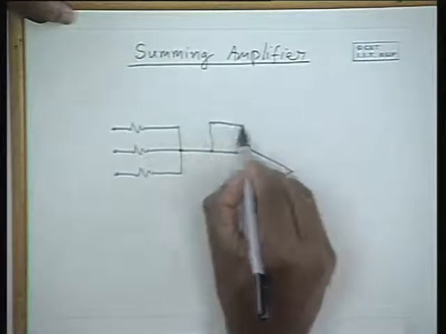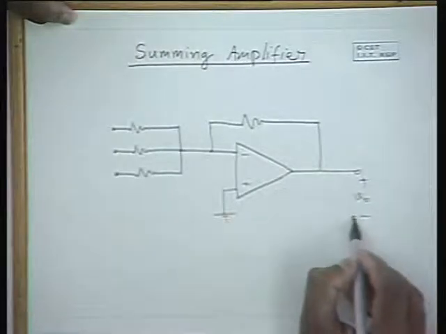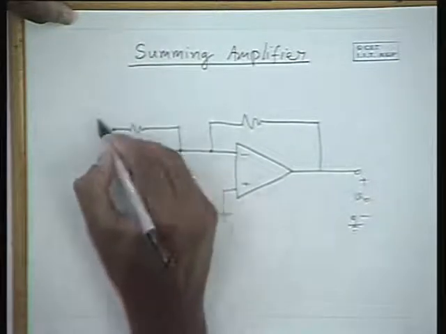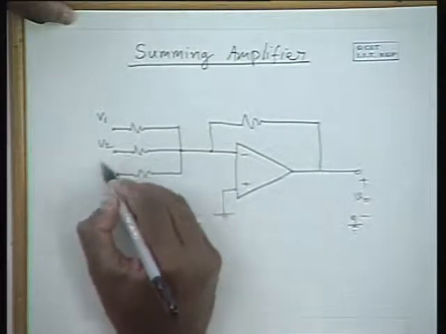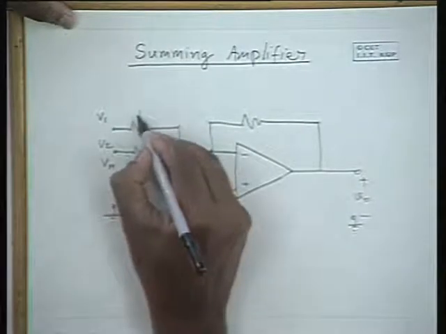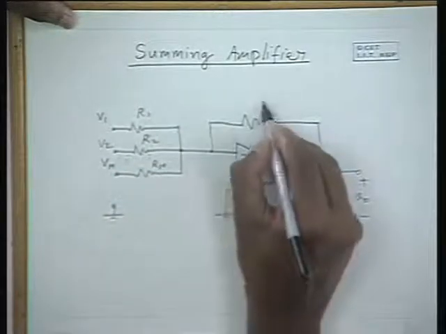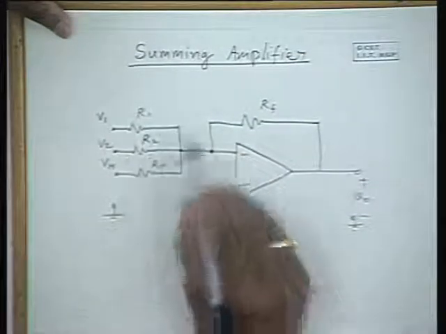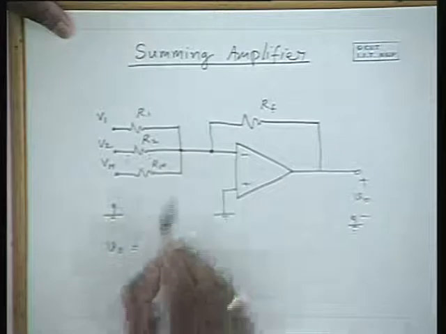So this is the circuit for a summing amplifier. If we apply inputs like V1, V2, etc. up to Vm, let us say we have applied m inputs through resistances R1, R2, etc. Rm, and a feedback resistance RF, and this is applied to the inverting terminal here. And this is a summing amplifier, and the output V0 is equal to